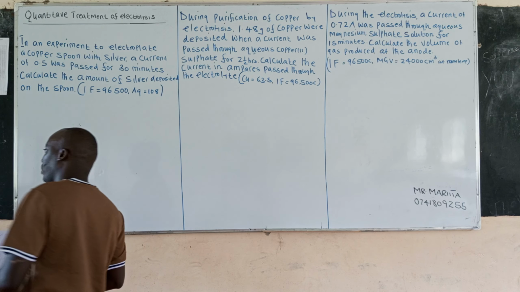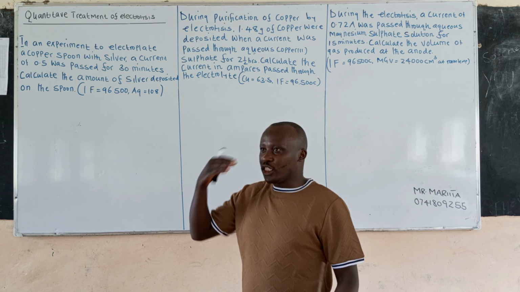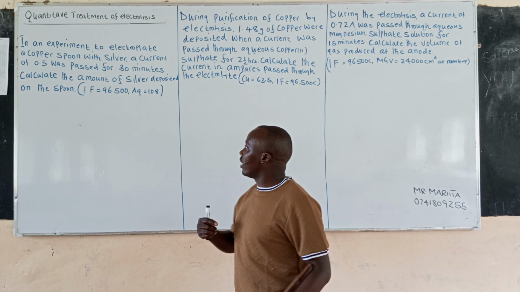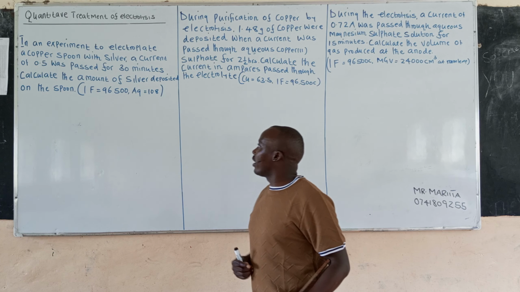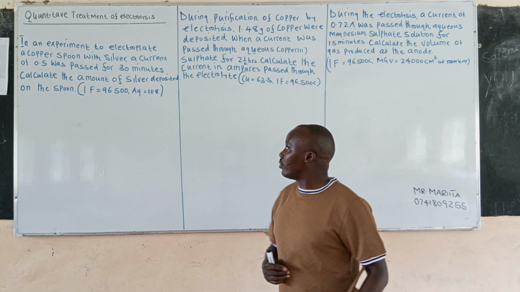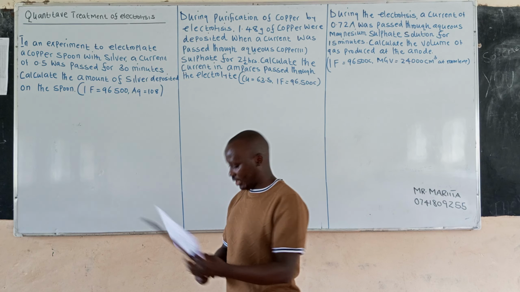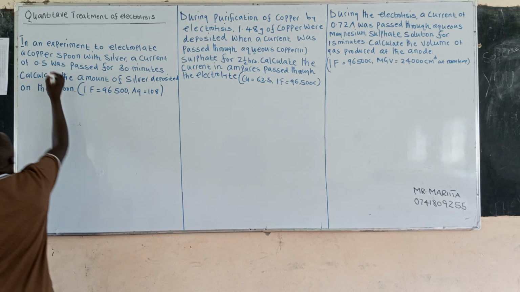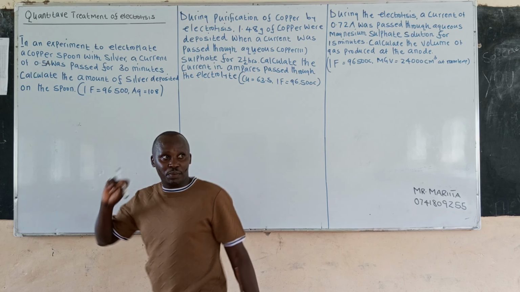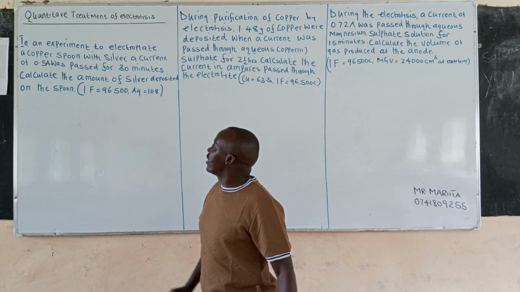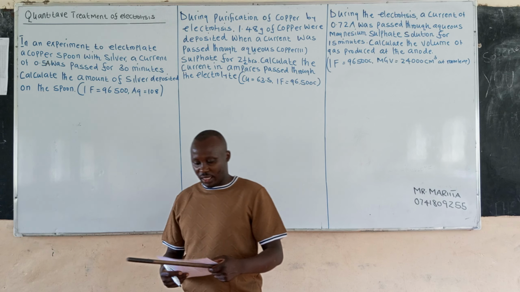In an experiment to electroplate a copper spoon with silver, a current of 0.5 amperes was passed for 30 minutes. Calculate the amount of silver deposited